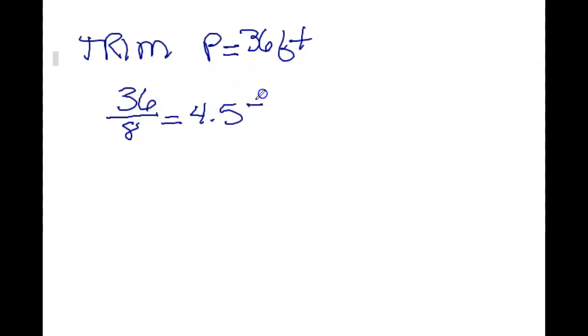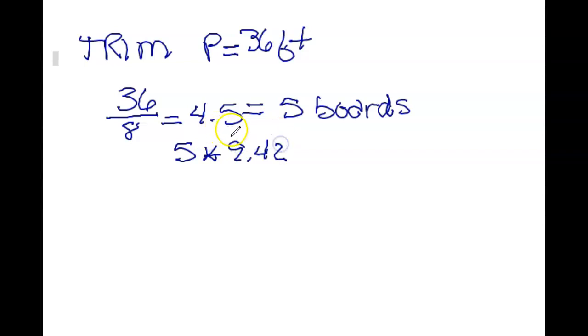Now again, I'm going to go ahead and round that up to 5 boards because any leftover will either be waste or used somewhere else. You want your trim to look as pretty as it can be. And you also in general can't go into a lumber yard and buy like 4.5 boards. I mean, they will cut it for you, but it's usually pretty silly to do that. You want to allow for waste or extra in case something does get broken, so you want to go ahead and keep that extra. So then for that, my cost per board is $9.42. So the cost for that trim all the way around this covered patio is